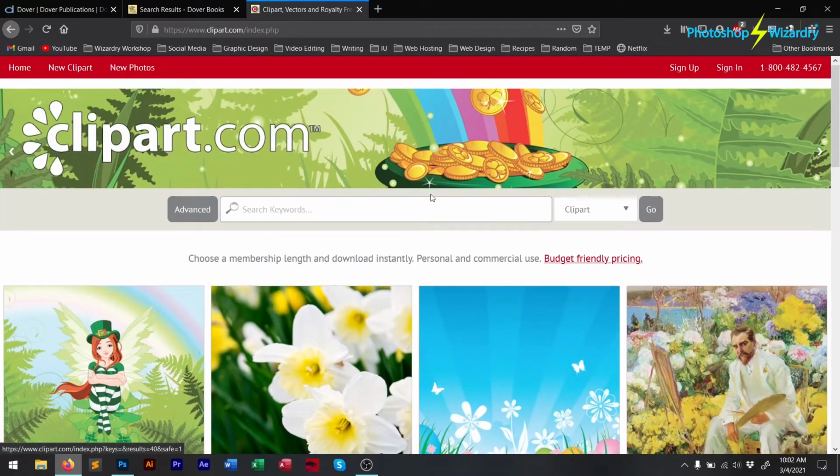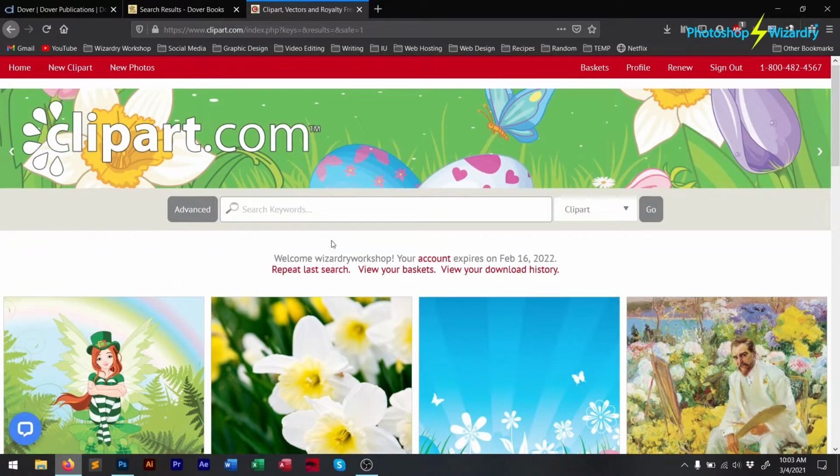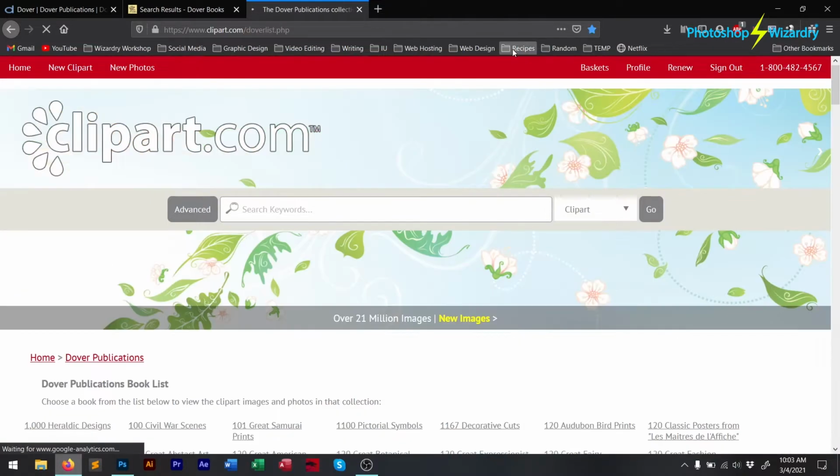However, they have a bunch of Dover clip art. It's not free. You do need an account. As you can see, I am now logged in here. And once you're logged in, you can download, I believe, something like 35 images per day. But here's the big secret with clipart.com. If you go to